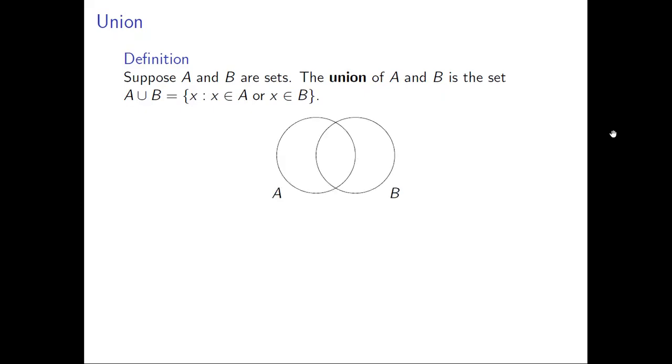So first, we write out the sets A and B. Now the set on the left is A, the set on the right is B. We write each one as a circle. Now we write them with some overlap because it's possible that there is in fact overlap among A and B. In other words,